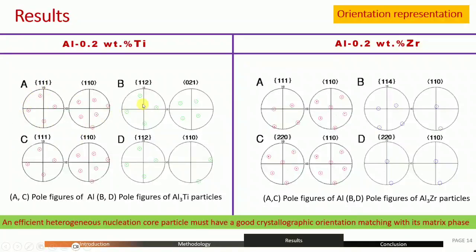So they found they are getting it at 1:2. See figures A and B, A in the red and B in the green. So at this 1:1 it is traced, this 112 pattern is traced at 112 in the Al3Ti particle.